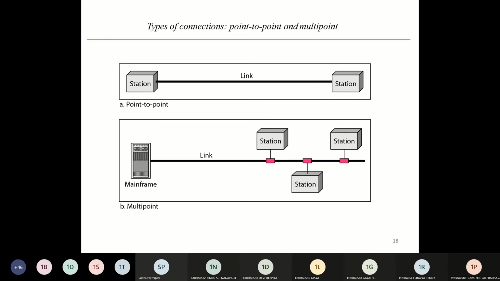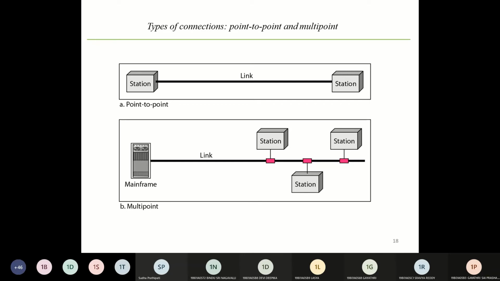Okay, so wire or cable to connect the two ends. You can also have other options, such as microwave or satellite link, which are also possible, but mostly the two devices will be connected with a cable, and there will be a dedicated connection between the two computers. Okay, so there will be a wire connection between the two computers. So that is called point-to-point communication.